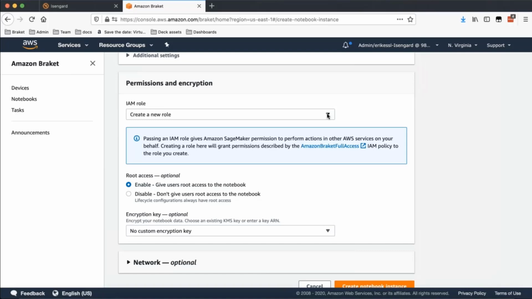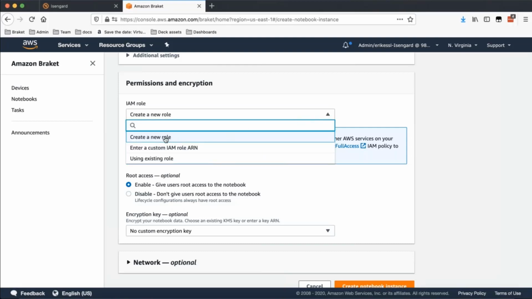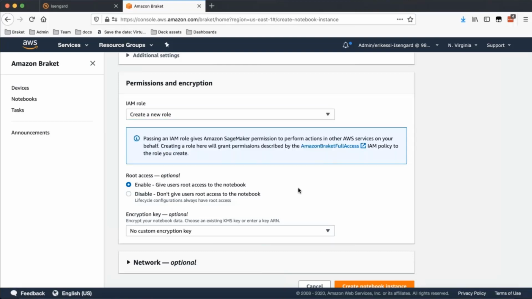You're required to choose an IAM role. And what does that mean? The IAM role essentially allows the notebook to perform actions on AWS on your behalf. So for example, it will allow the notebook to access the Amazon Braket API. So you don't need to do anything but choose create a new role, and Amazon Braket will create the default